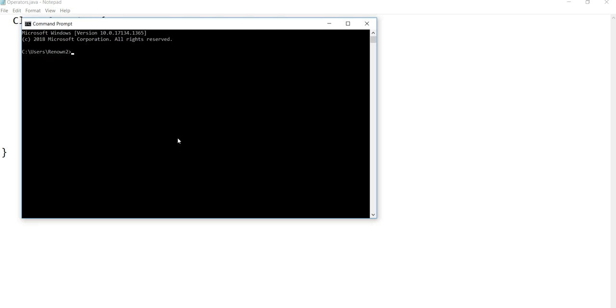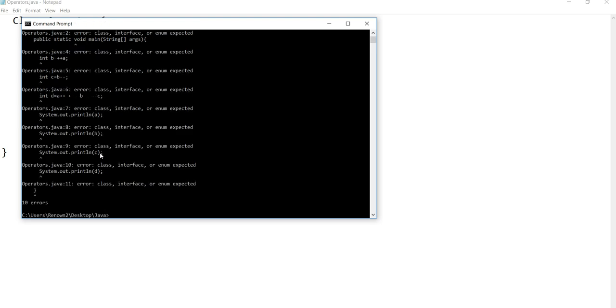I'm opening it and changing the path to the desktop, then cd java, because we are storing it here. Now javac Operators.java. It's compiling.